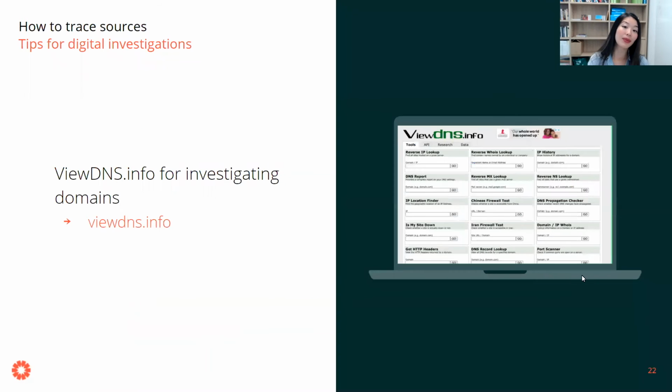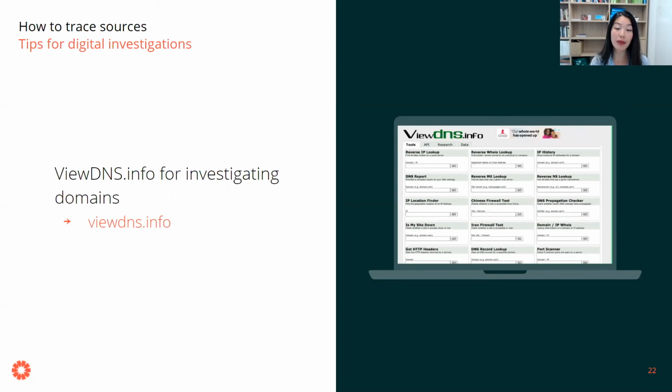And next up, how do we investigate websites? I find that we often focus on social media and sometimes we overlook websites. If you're investigating a suspicious site, one of the things that you can do is to look at the registration information. Every website is registered, but increasingly, a lot of people are paying to protect their website, so a lot of that information is shielded from the public.